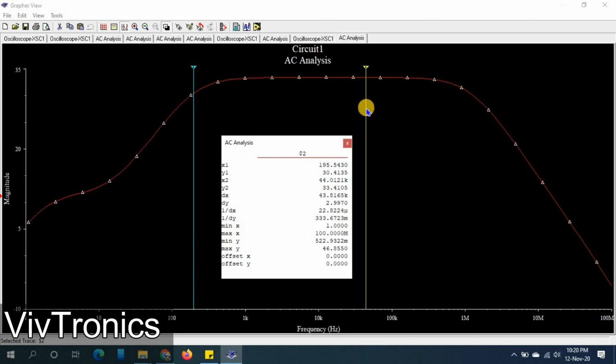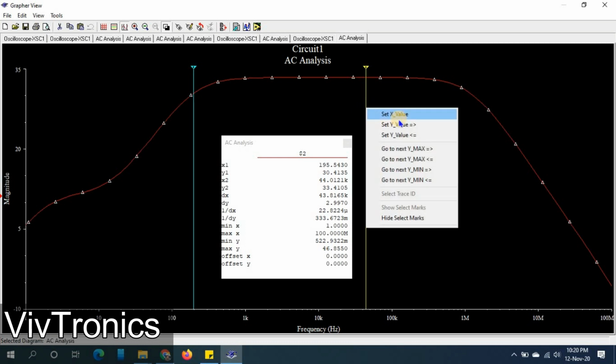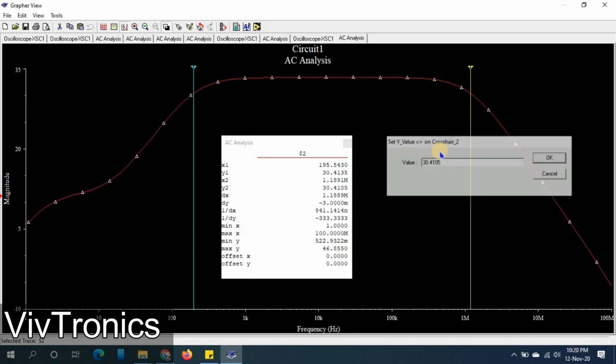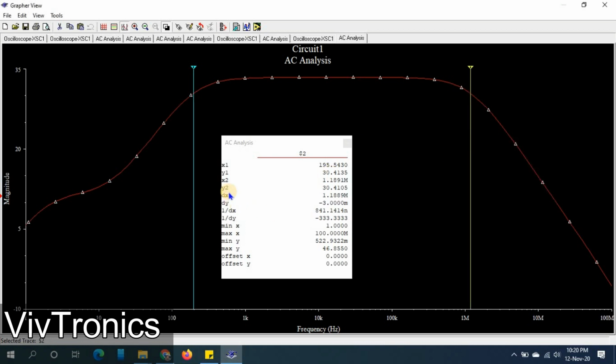So I select this yellow line, right click on it, set the y value to the right side and enter the value 30.4105. Now you can see the y2 value is set to 30.4105. So here the minus 3 dB values have been set.